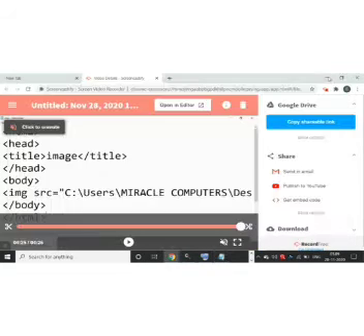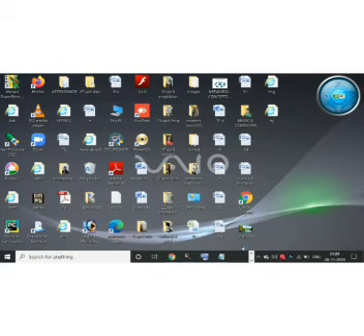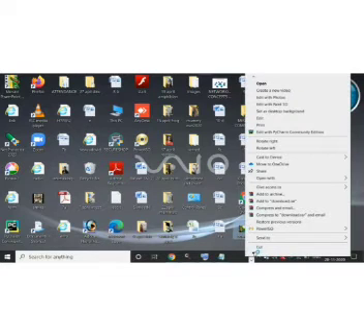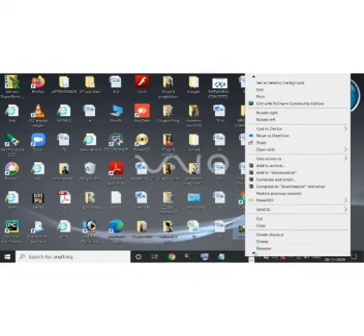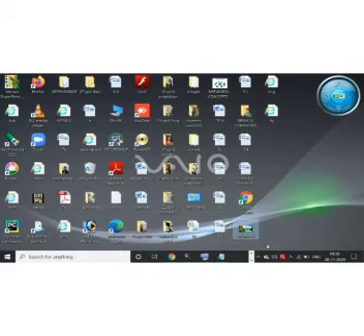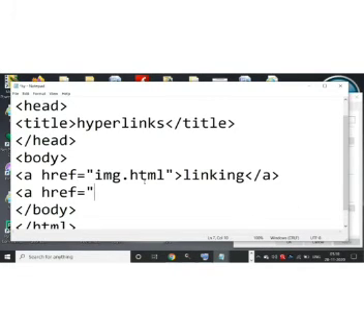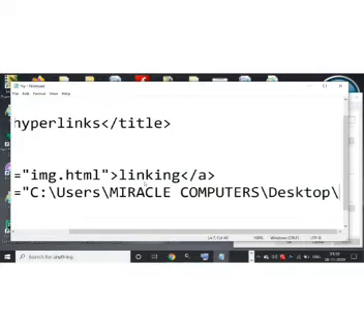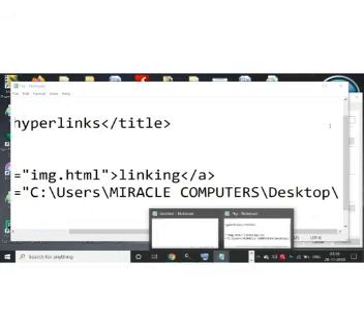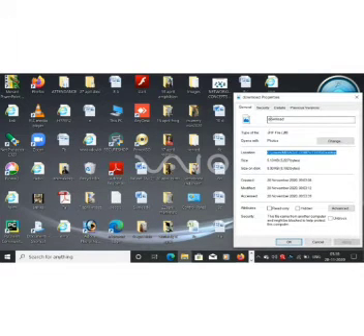So for an absolute URL, what you will do is, as you did for inserting the image, you will go to the properties. You will copy the entire address by copying the location first, the name of the image, and then dot the extension. So this is your absolute URL, which points to another website. It can point to another website as well. And relative is used when you want to point to a file within a website. Fine. So this is an absolute URL.